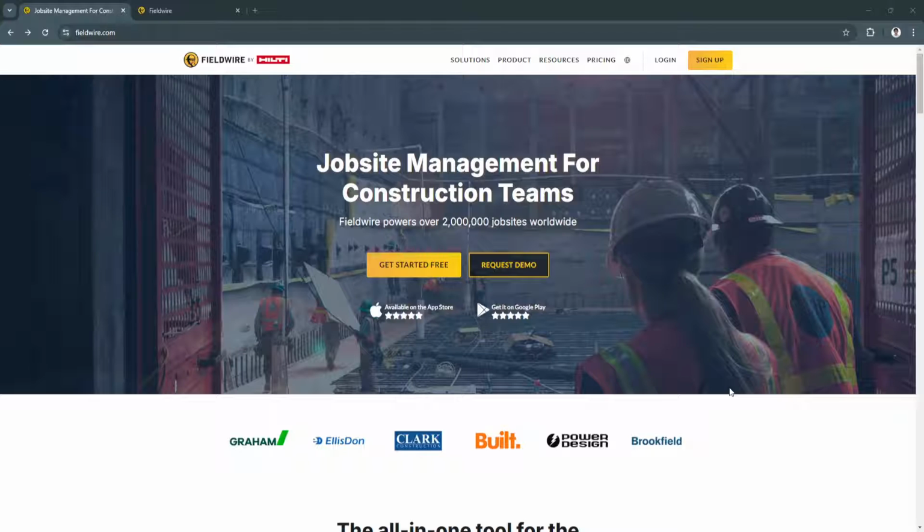So first, what is Fieldwire? Fieldwire is a construction management platform designed to help teams collaborate on the go. It allows real-time task tracking, blueprint management, and project reporting, making it easier to manage construction projects of all sizes. From small renovations to large commercial projects, Fieldwire ensures that everyone from the office to the job site is on